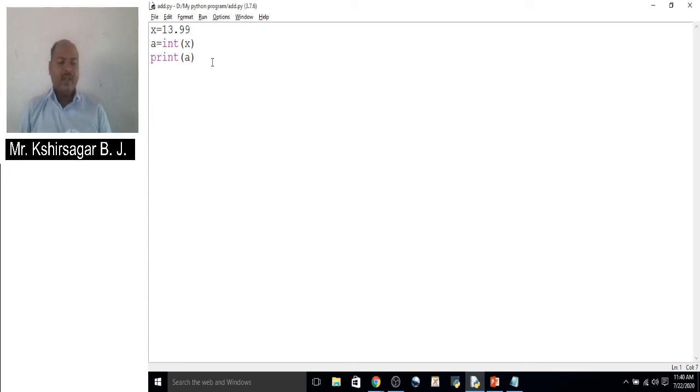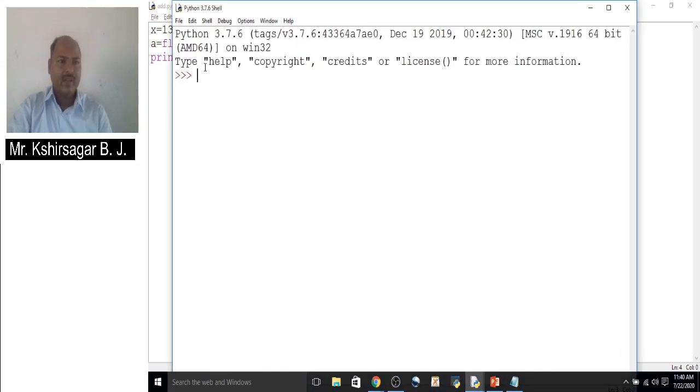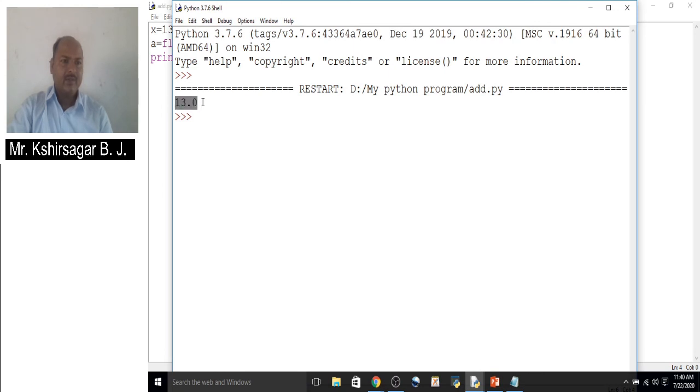Now we have to see another example, that is conversion into a float number. Suppose we have given x equal to 13. Now we want to convert that x into a float. Now check the value of x. Here it becomes a float. Not only 13, it is 13.0.